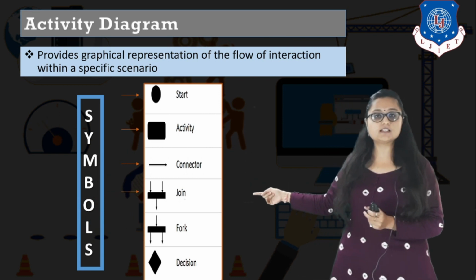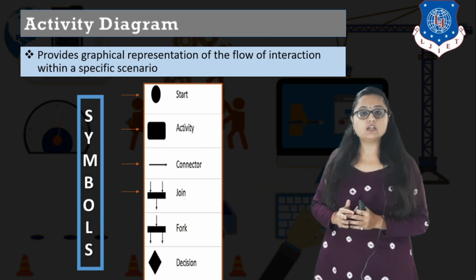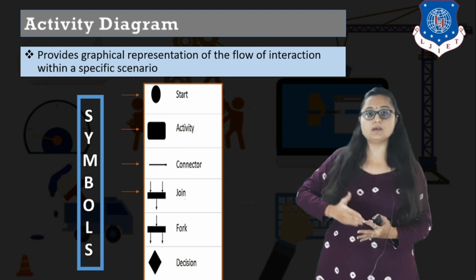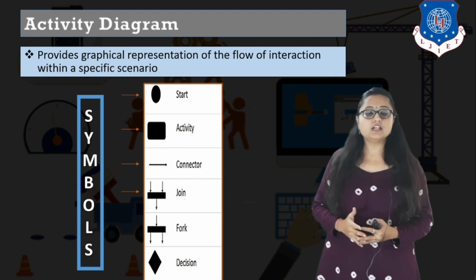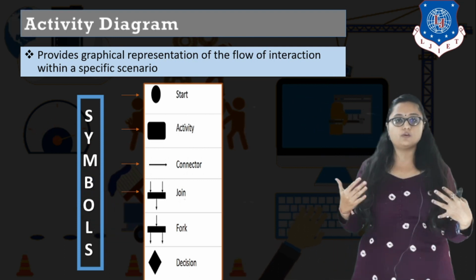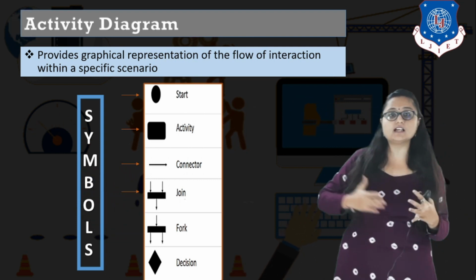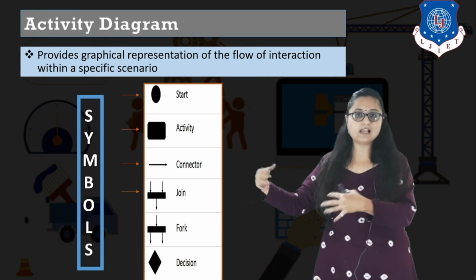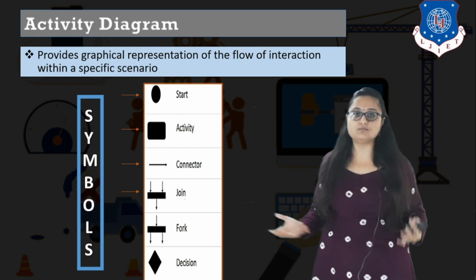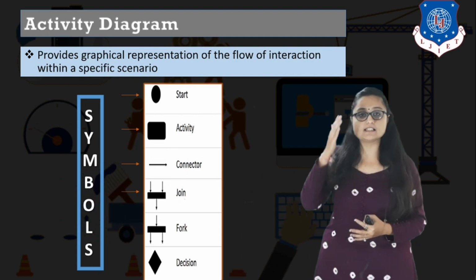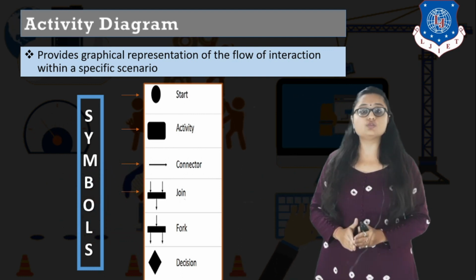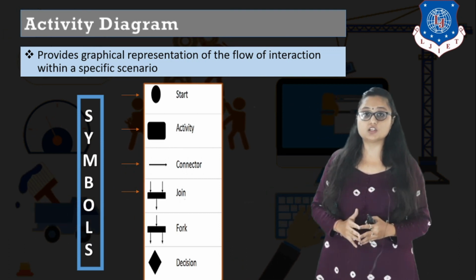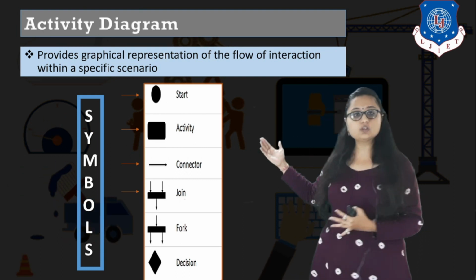The next is the join symbol. Now in any scenario there are some activities which may be performed parallelly. It does not mean that they should be performed parallelly. It means that these are the activities which are not dependent on each other, so they are individual activities which can be performed at the same time. They are not sequential. So if you want to show that these activities are parallel, not dependent on each other to be completed, then you can go for